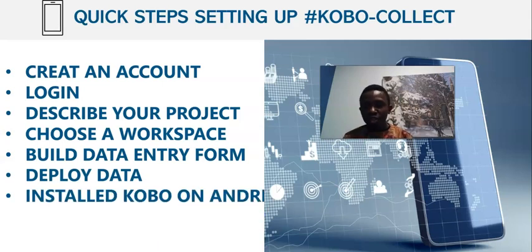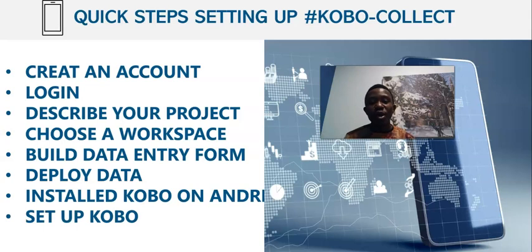And then after deploying, you're going to install Kobo if you have an Android device. I'm going to show you how to install the Kobo mobile application on an Android device, right? So I'm going to take you through that process as well. And after that, we are going to set up Kobo, and once Kobo is set up, you are good to go. Up to hundreds of people can use your form to collect data in the field offline,